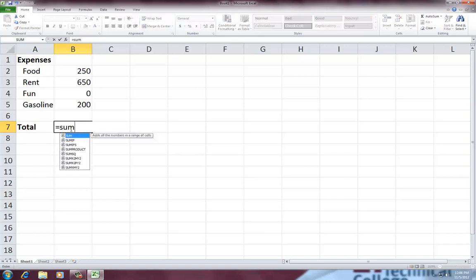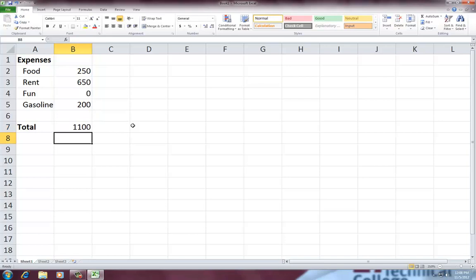Okay, so now I'm just going to go to this cell. I'm going to say sum, parenthesis, and you see then it says, well, show me number 1. See, that just went bold. And I'm going to click and drag through here. Now he says that, oh, it's B2 through B6. Close my parenthesis and there. And now the what if analysis is as I change numbers,